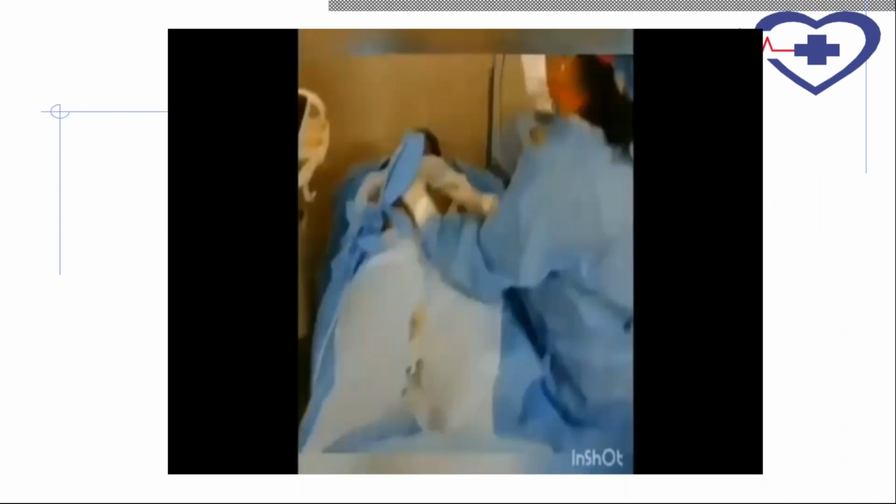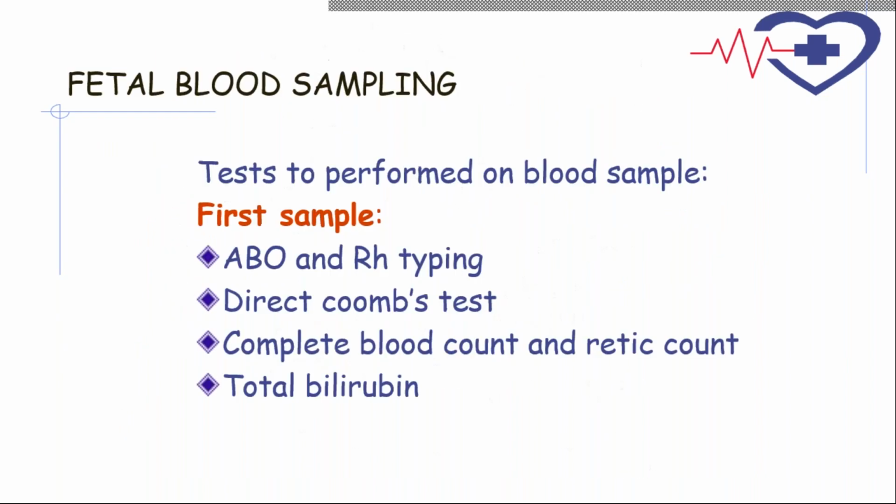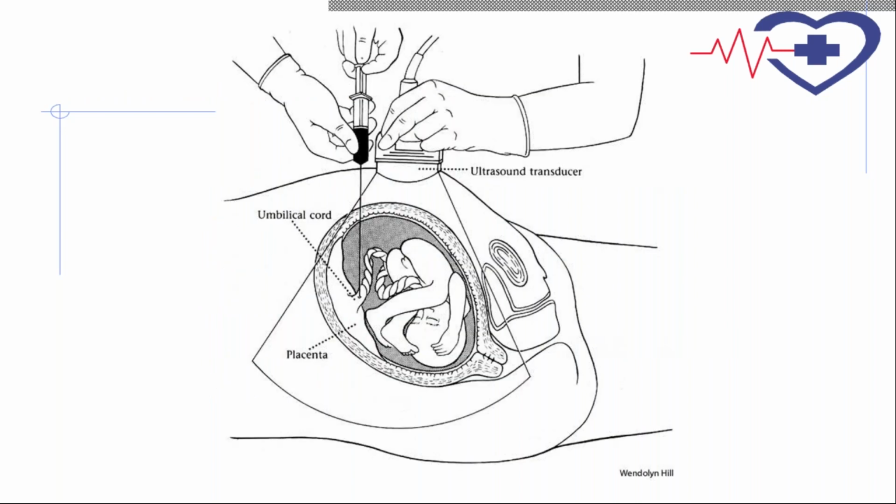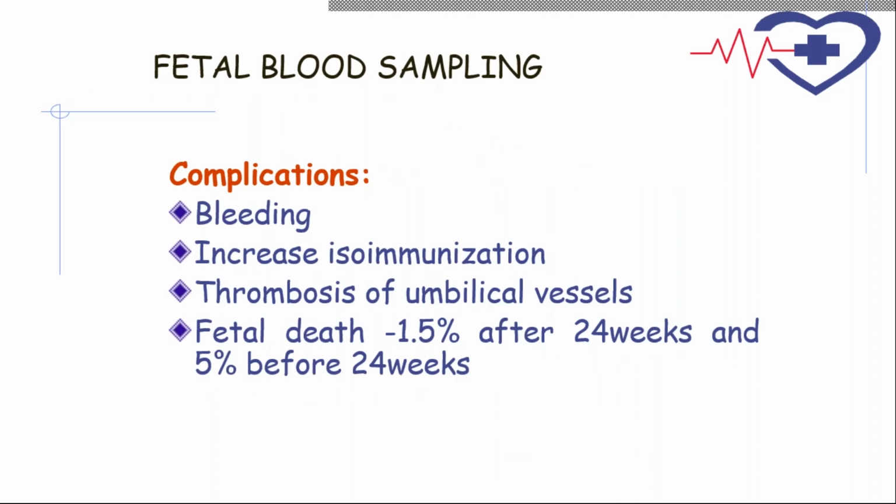So whenever we are planning a fetal cord sampling for an intrauterine transfusion, it has to be done simultaneously. You will do a sampling and you will prepare the fetal blood. You have to prepare the blood, which is O negative, leukodepleted, gamma irradiated blood with a very high hematocrit of 75 to 85%. And we do it under aseptic conditions with ultrasound guidance. Next slide, please. You have to send that sample immediately.